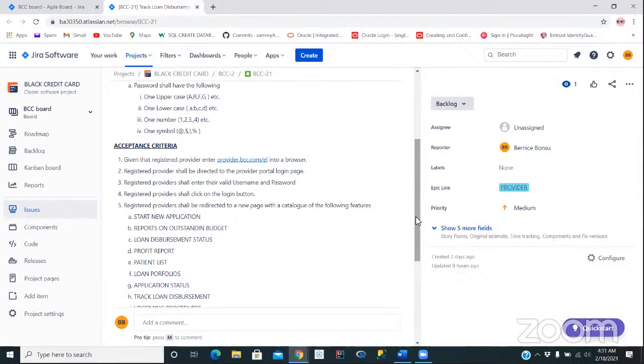If they haven't signed up yet, they will go ahead and sign up. And if they have already signed up, they'll go ahead and enter their username and password. And the registered provider shall enter a valid username and password. Registered provider shall click on the login button. And once they click on that,